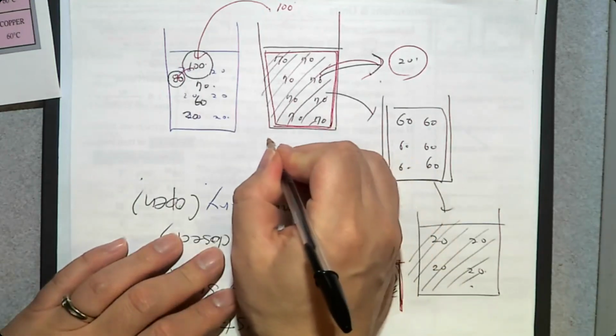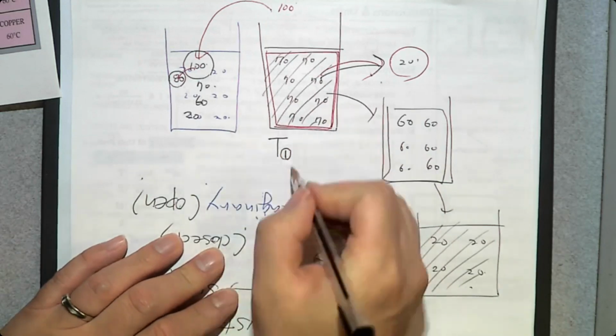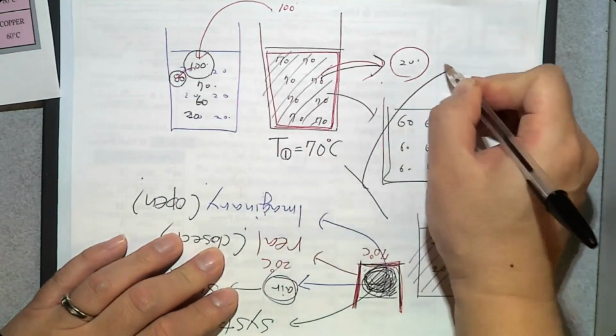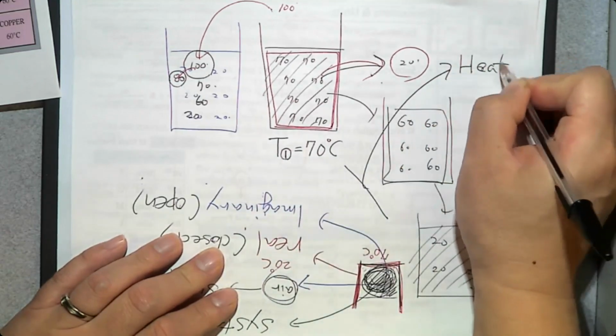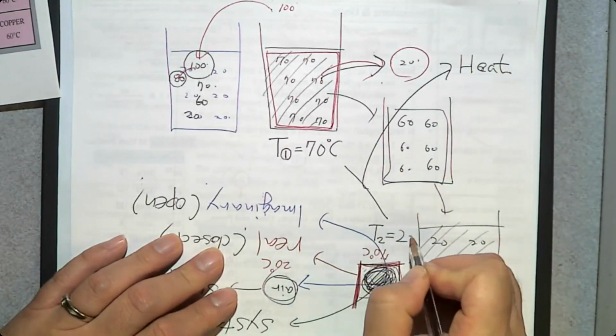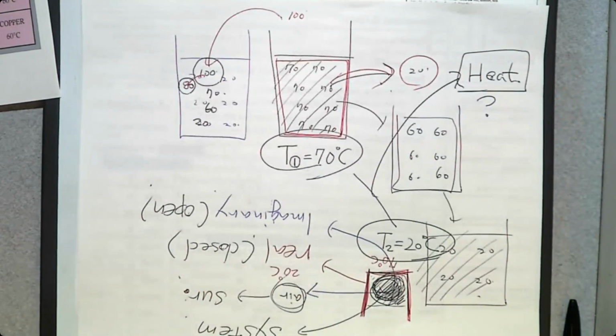So we can say initially, T1, which means state number one, was at 70 degrees Celsius, and there was a heat loss. It is removed, and the final temperature T2 is 20 degrees Celsius. So how much heat has been lost can be an example of a thermodynamic problem. Whenever you define a thermodynamic problem, you are going to define a process, and there should be two